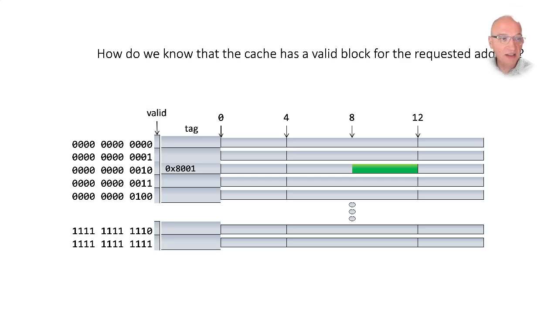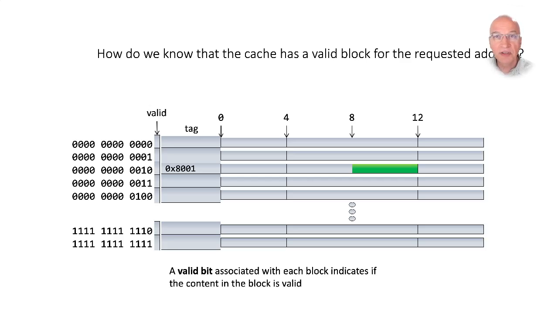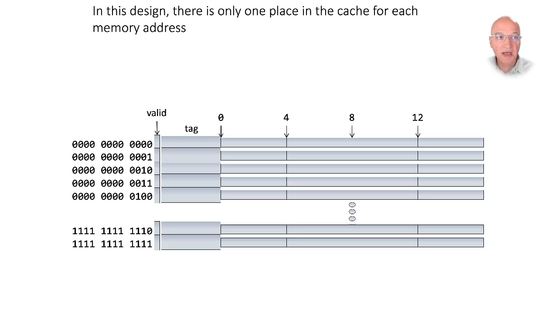So this is my valid bit, that's my tag. So now I have a valid bit that's associated with each cache block, and that indicates if the content in the block is valid. So in this design, there is only one place in the cache for each memory address,